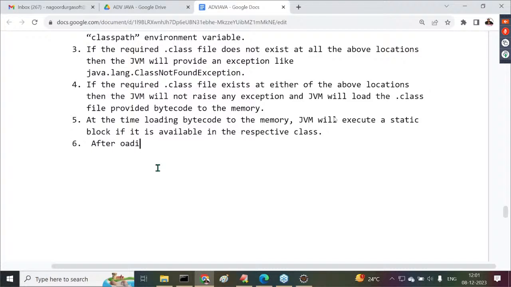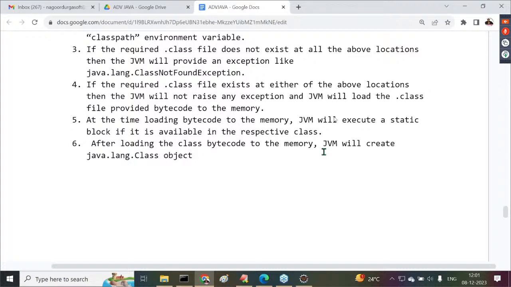After loading the class bytecode to the memory, the JVM will create a java.lang.Class object with the metadata of the loaded class, where the metadata includes the access modifiers of the class,